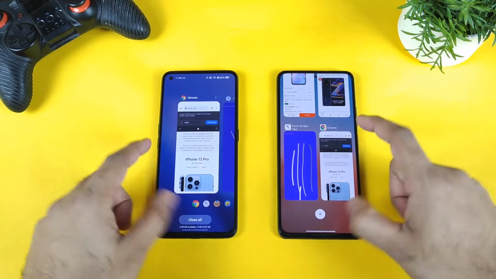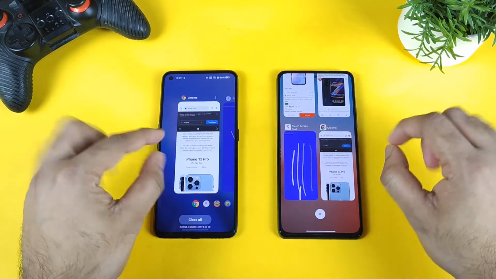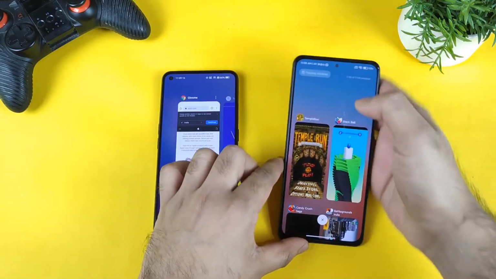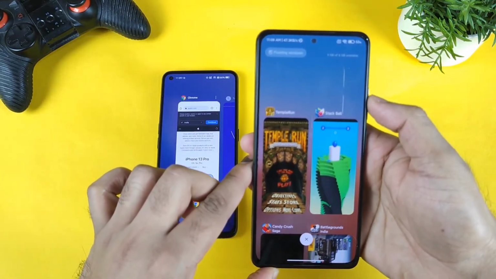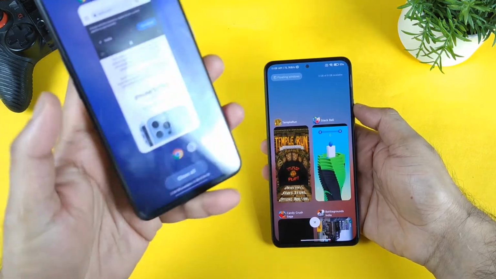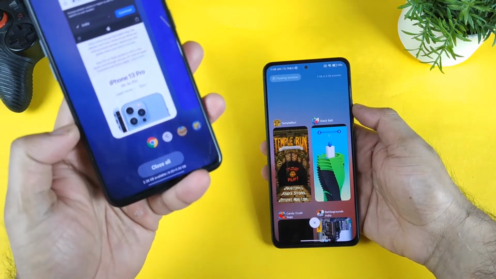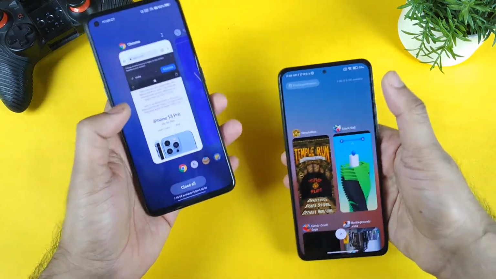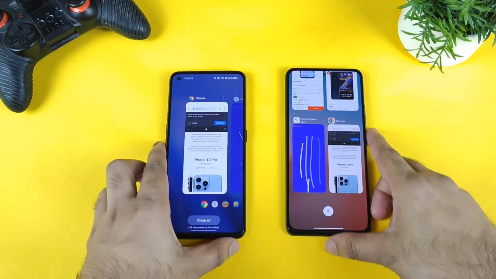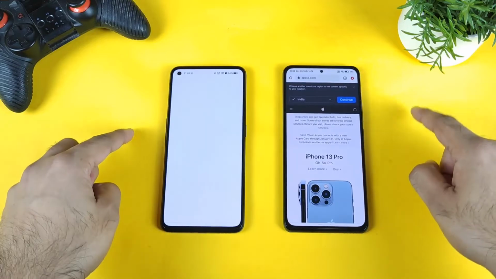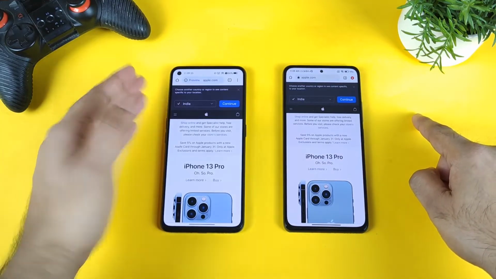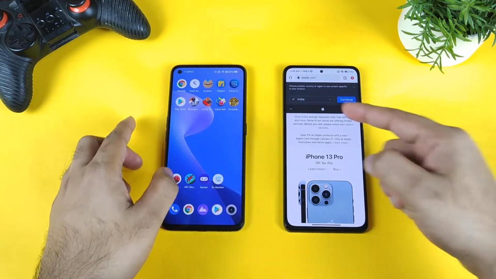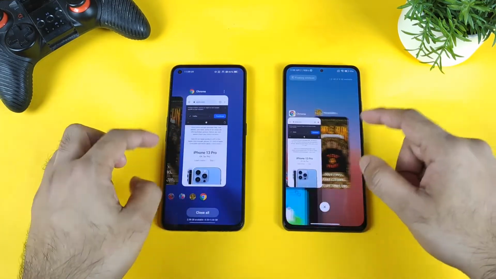Let's start with the first application. Let's see Google Chrome. Which phone will not be able to reload it? On the availability of RAM, you can see 3GB of 8GB is available, and in the Realme GT Neo 2 it's showing about 2.38 GB available. As you can see, 2.38 and 3GB, so slightly more RAM is available in the Mi 11X device. Let's start. The Chrome browser got reloaded a little bit. As you can see, the page got reloaded a little bit, and the Mi 11X device did not reload.